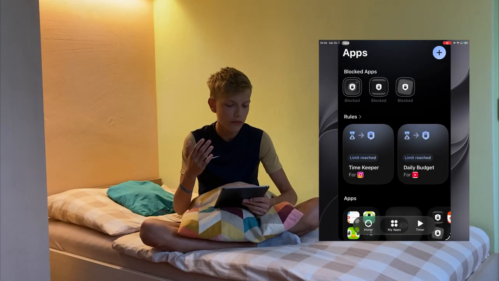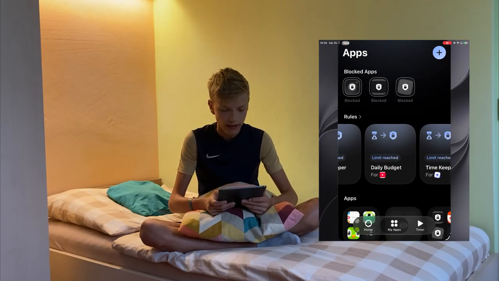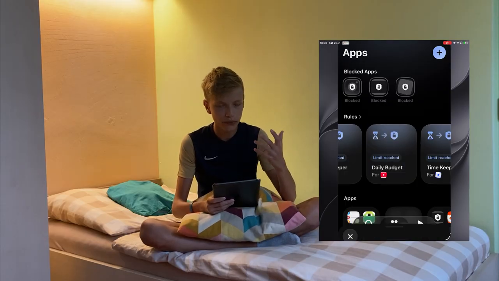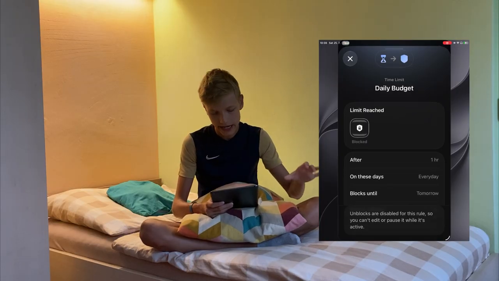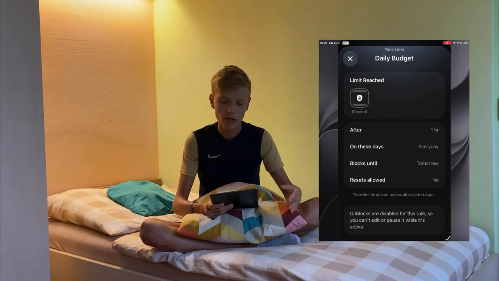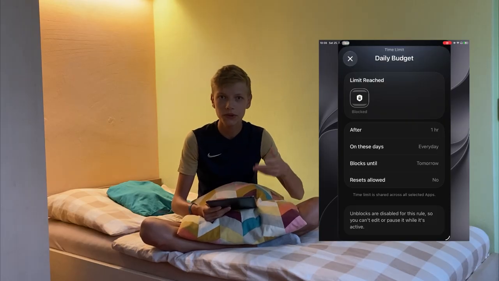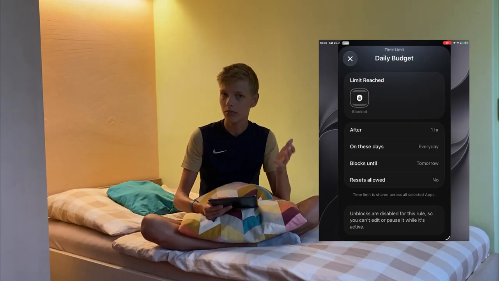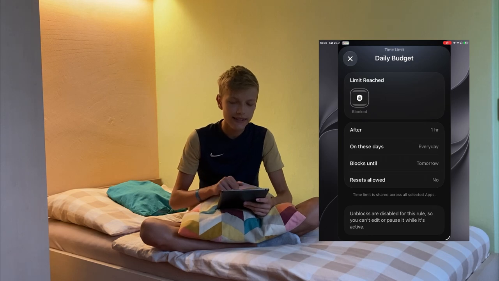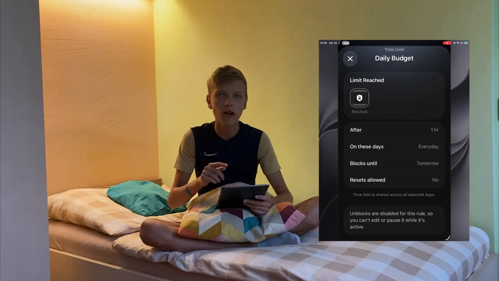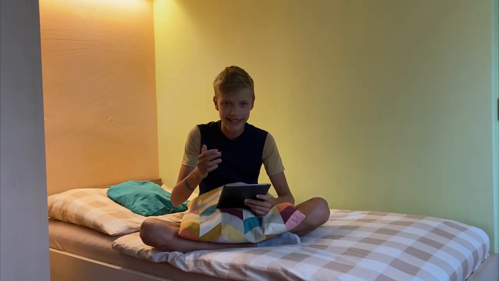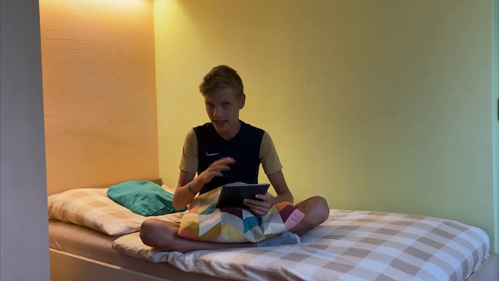For example, I have a daily budget set up for YouTube. I've got 45 minutes of allowance for it, and this applies for every day, and it blocks the app until tomorrow. You can choose from different hours: an hour, 2, 3, 6, 12, or tomorrow. And this is the reason I purchased the Pro version, is that resets are not allowed, or I can toggle if I want them allowed. So basically I really cannot unblock the app until I get more